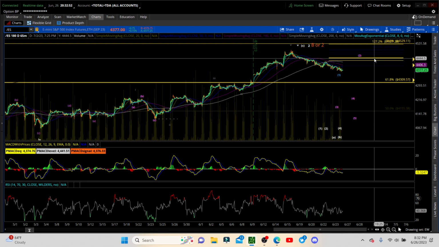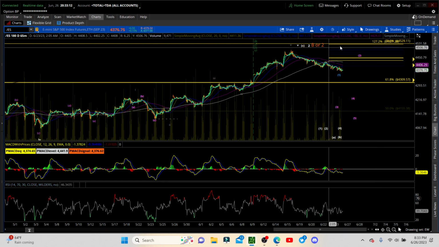Now, if we do get a new high here on this move, if this is a wave four pullback, then we should see the 786 right here, and also the 127 extension from this move down, and that should be the end up here for that move. So that's the scenario: either one more move to the upside, or just a retracement, and we start heading lower from there. We got a lot of bulls out there on the Twitter feed.